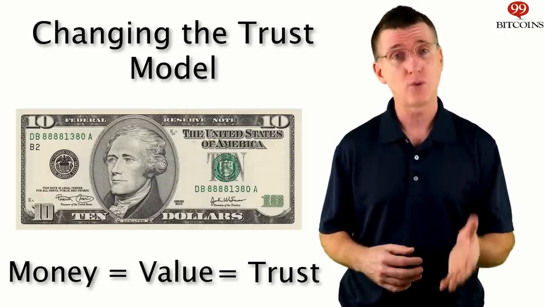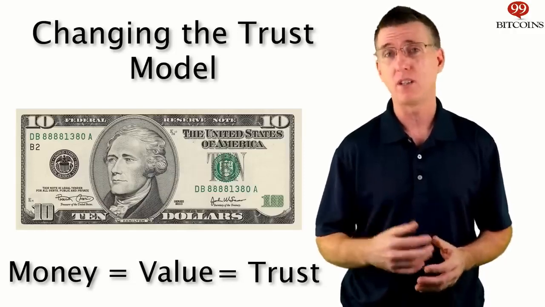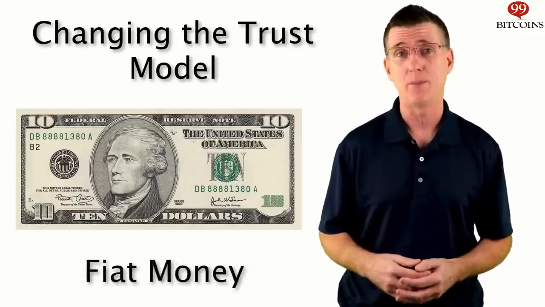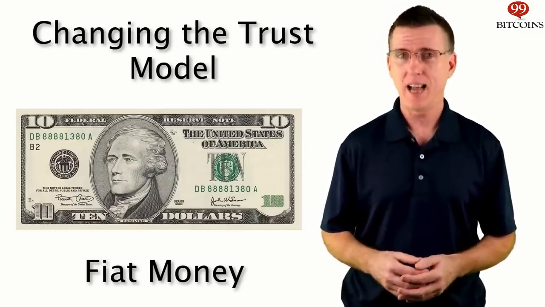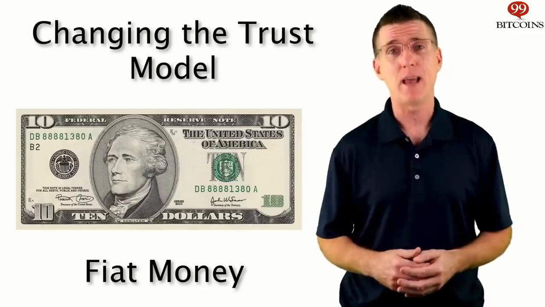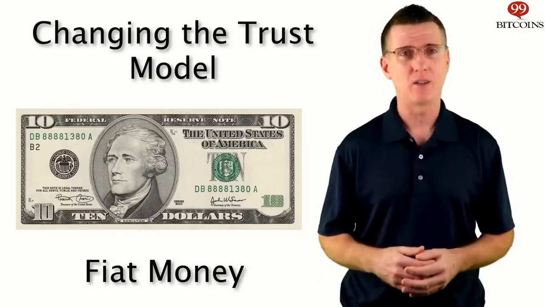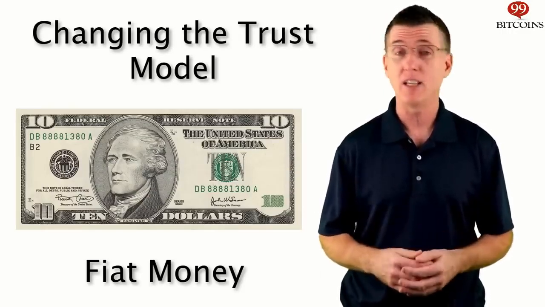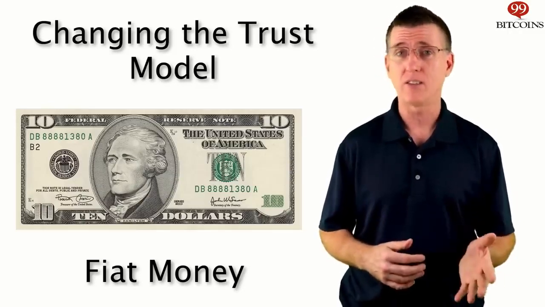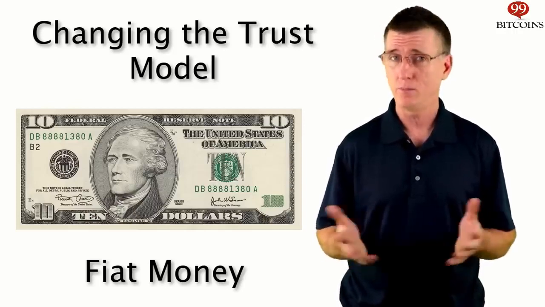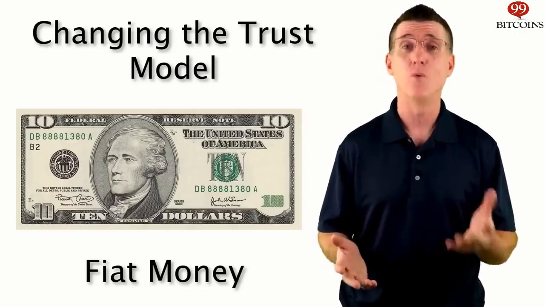Well, because of trust. Even though there is no actual commodity backing paper money, people trusted the government, and that's how fiat money was created. Fiat is a Latin word that means by decree, meaning the dollars or euros or any other currency for that matter have value because the government orders it to. It's what's known as legal tender, coins or banknotes that must be accepted if offered as payment. So the value of today's money actually comes from a legal status given to it by a central authority, in this case, the government. And so the trust model has changed from trusting something to trusting someone, in this case, the government.